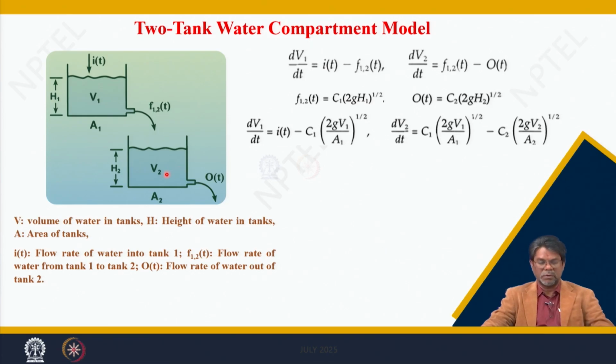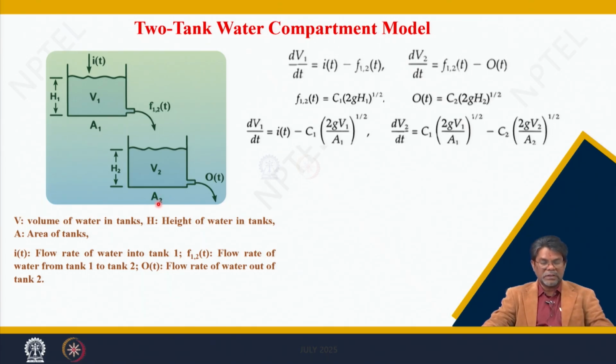So, that goes as a loss of water. To represent this one, what are the state variables here? V1, the volume of water in tank 1, is a state variable, because it changes over time depending upon the inflow and outflow rate. Similarly, V2, the volume of water in tank 2, is also a state variable that changes over time, depending upon the inflow and the outflow of water.